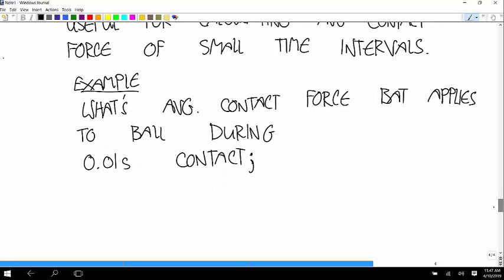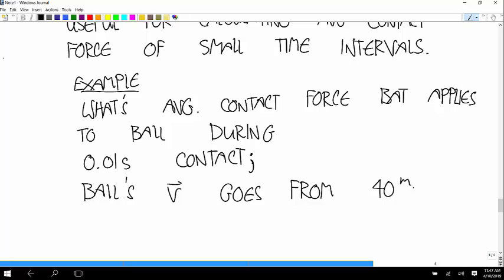And over this contact, the ball's velocity vector goes from 40 meters per second this way, toward the bat, and this angle is 5 degrees,